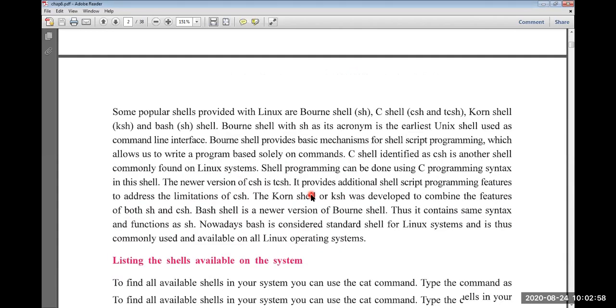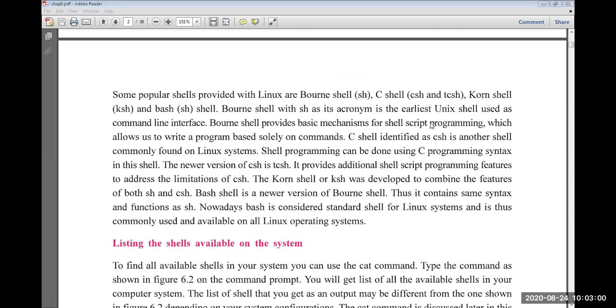Next, let us see some popular shells. Some popular shells are the Bourne shell, which is represented by SH, the C shell, which is also called CSH or TCSH, the Korn shell, which is KSH, and Bash, that is the Bourne Again shell. The Bourne shell, with SH as its acronym, is the earliest Unix shell used as a command line interface.